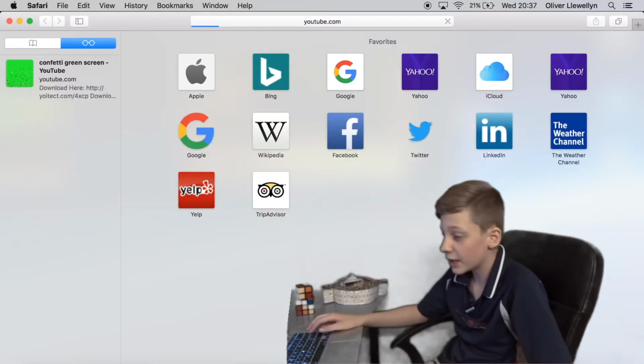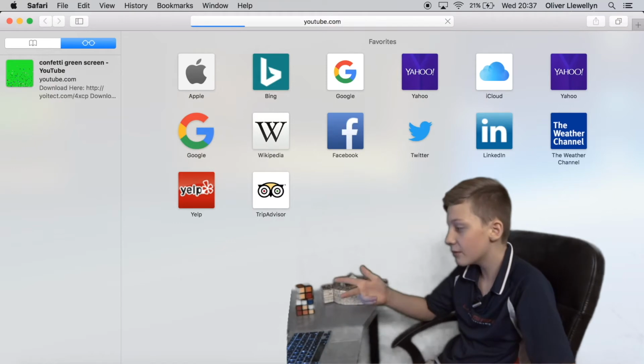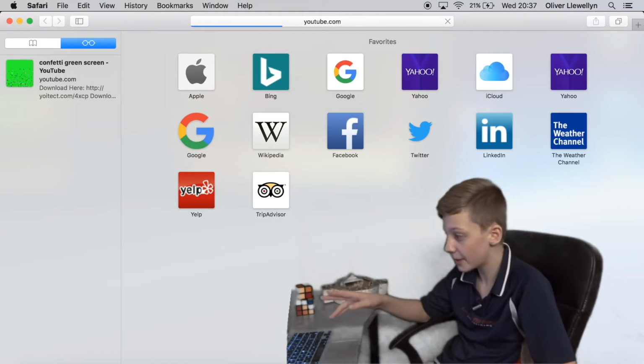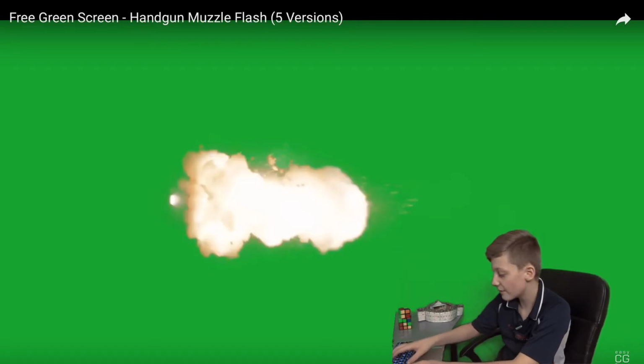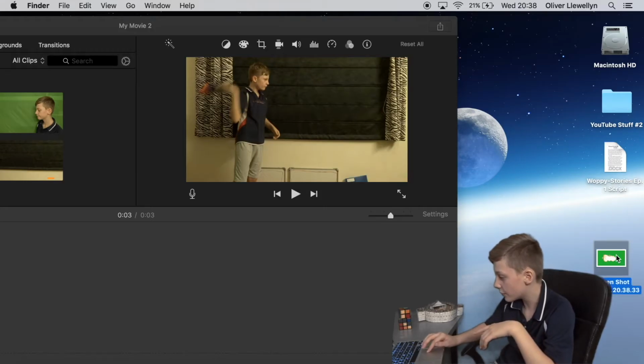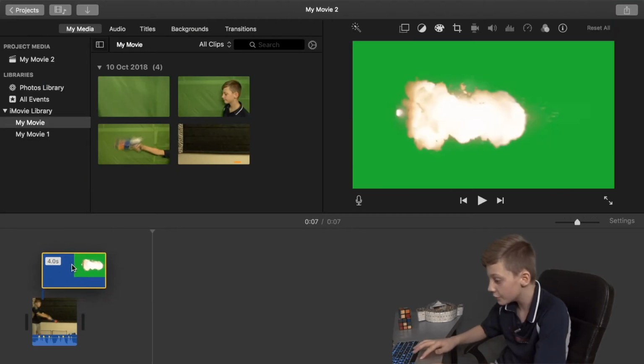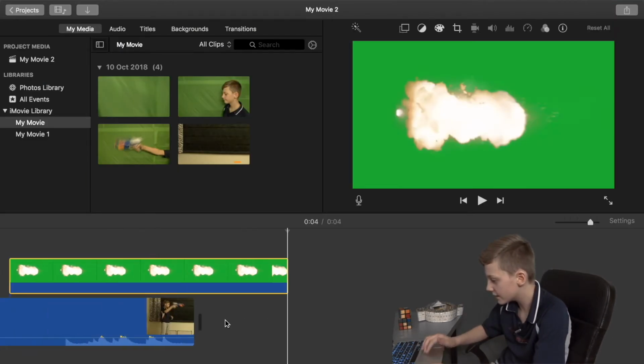So you can get these effects by just going onto YouTube and searching whatever effect you want, followed by chroma key. And those are the keywords which let you access all these different types of effects. So this is the freeze frame that I want, so I'll take a screenshot of this. Right, so I've got the effect I want here, so what I'm going to do is bring it into iMovie here. Now all you simply need to do is just overlay the effect at the time where you want it